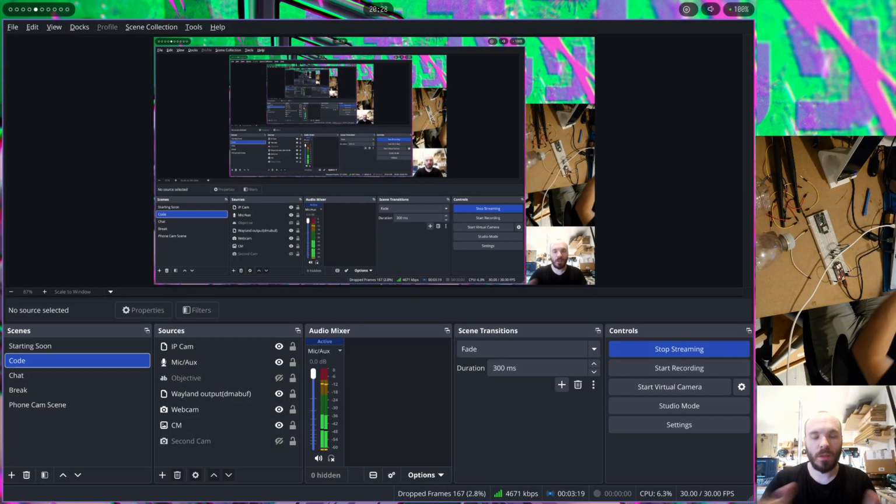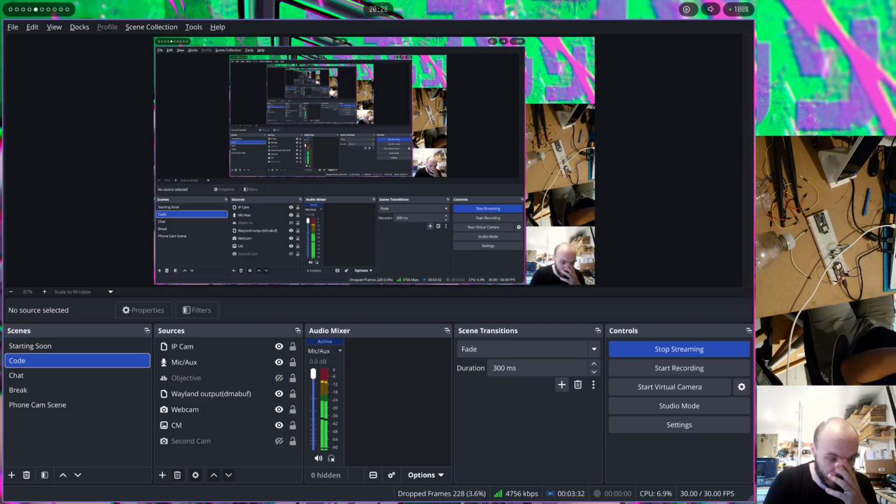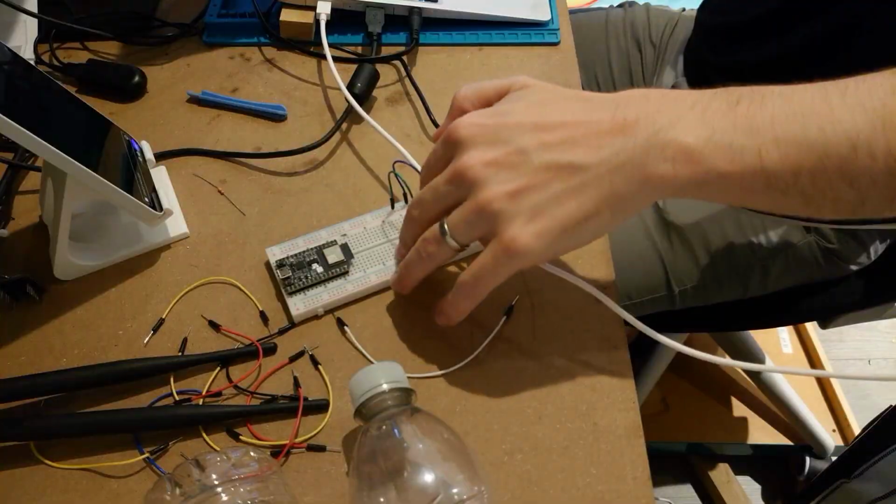Hello. I just realized that my keybind for switching scenes on OBS does not work anymore because I actually linked it with the development binary that I've worked on. This one works though,